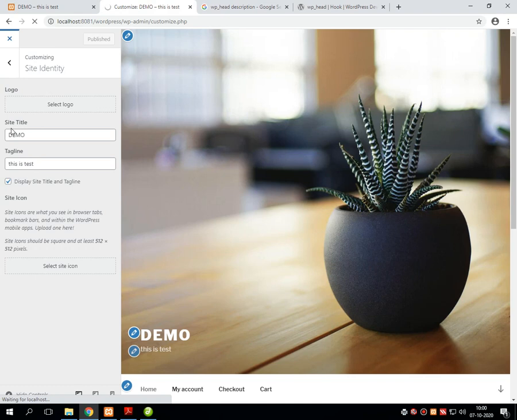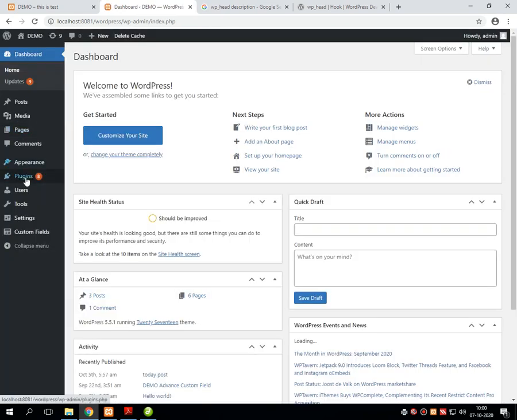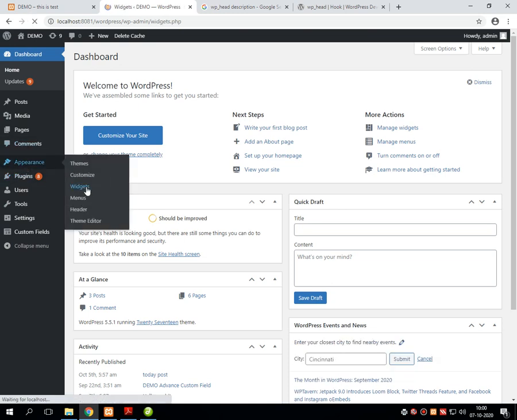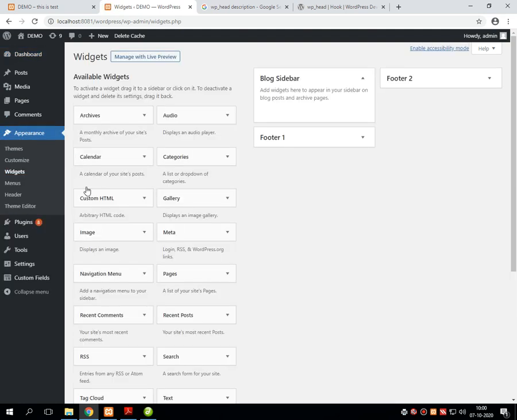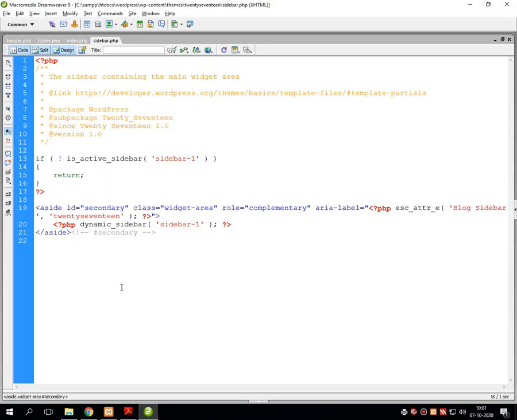I think I have applied the widgets, that's why it's not displaying. Let's go into the widgets, Appearance, then Widgets. Is there any active widget? No. Blog sidebar, blog sidebar, dynamic sidebar.